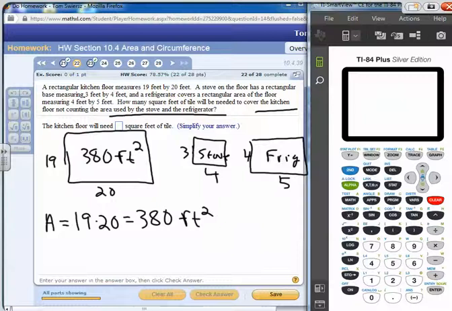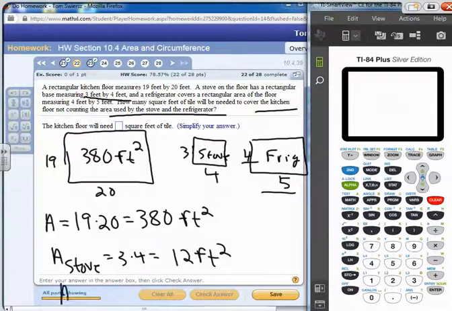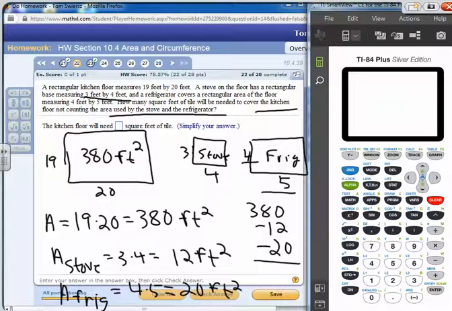The stove is 3 by 4. So the area of the stove is 3 times 4, which is 12 square feet. And we also have the area for the refrigerator, 4 by 5. So the area of the fridge is 4 times 5, which is 20 square feet. So we're going to take the total 380 minus the stove 12 minus the fridge 20, and we're going to get,